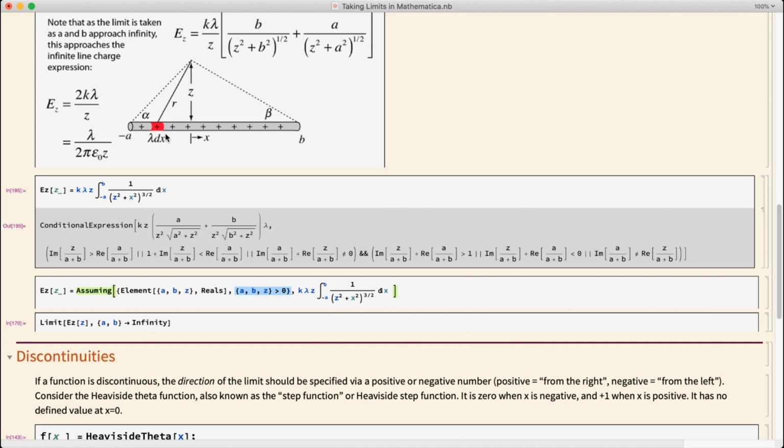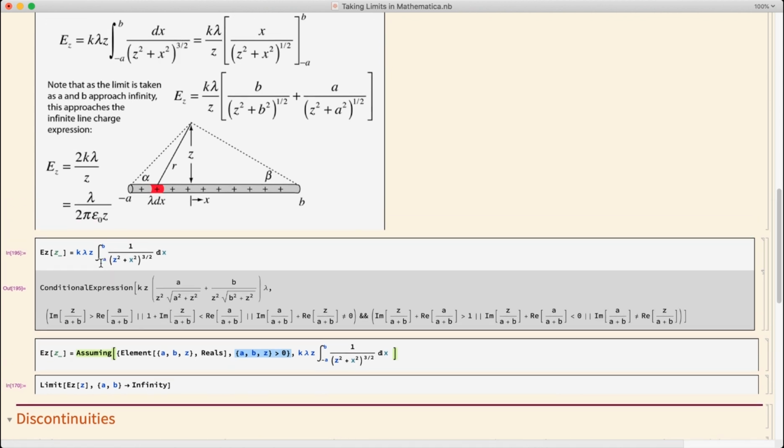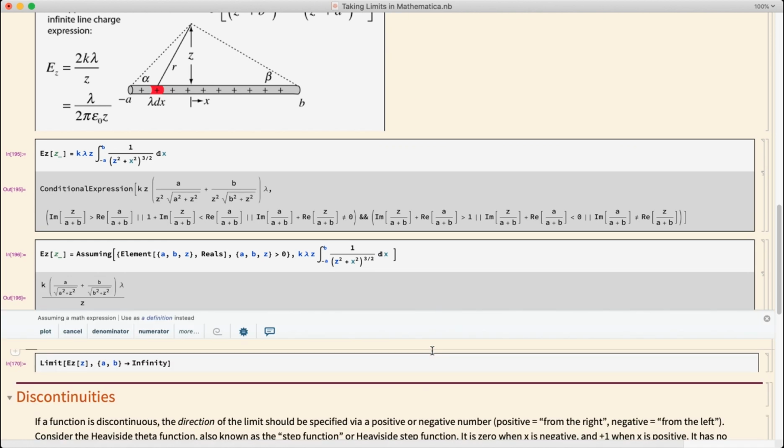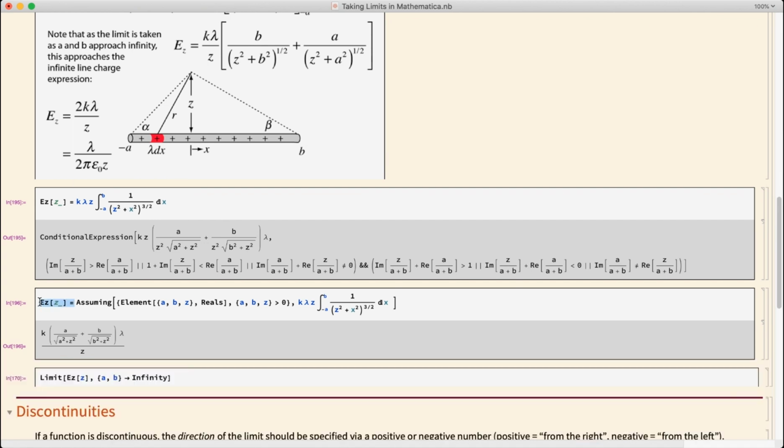Even though a is, right, this limit to the left of the origin, the way that I integrated here and the way that I put it in here, I said, hey, take the negative integral with respect to this value a. So a, I can assume is positive, okay? So these are my assumptions. Now I'm going to do the same integral. So shift return. Still going to take a little bit of time, but it doesn't take as long because it's not exploring an infinite parameter space for what that integral can be. And again, it looks a little different, but if you compare this and this, they're the same solution, okay? So it did a good job. Thank you, Mathematica. It gave me the correct expression for the integral,